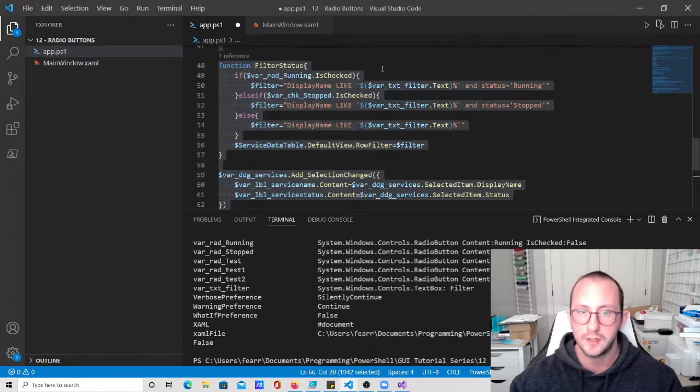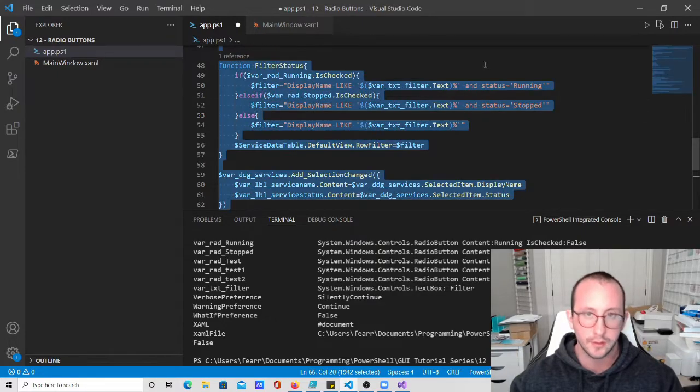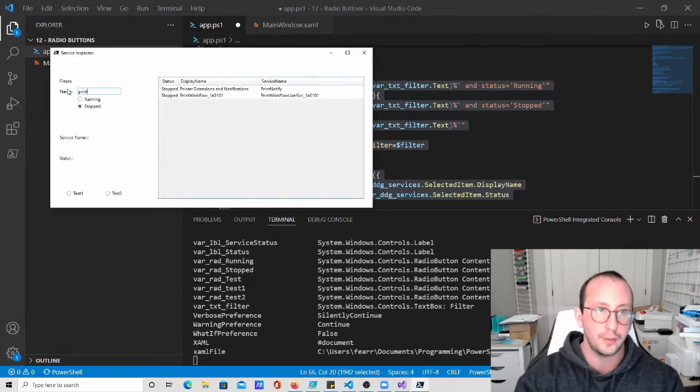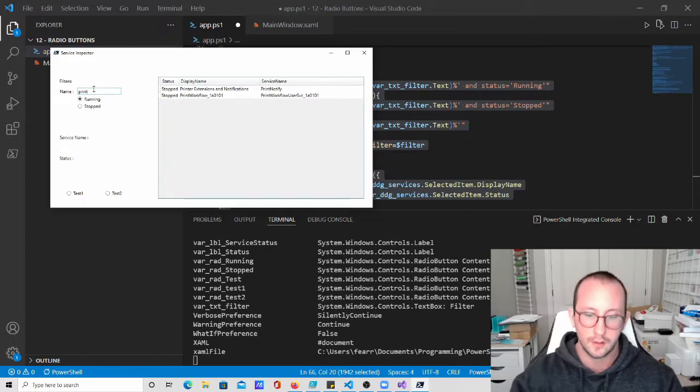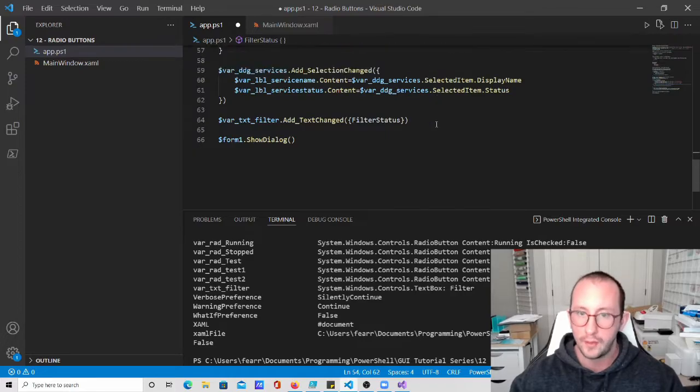So for some reason we have, oh, this should be a rad stopped. And now if we do a stopped and then we do a print, we only get the stopped,